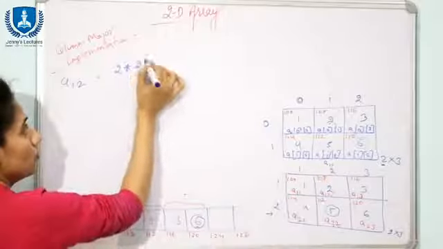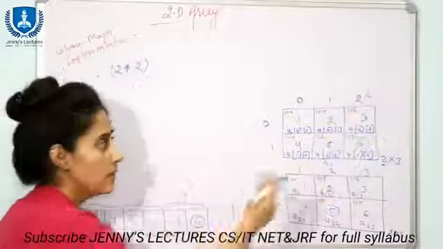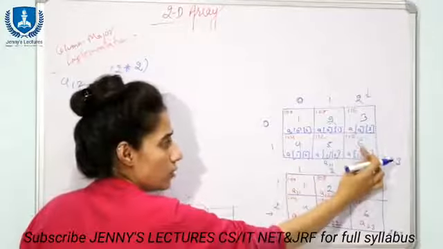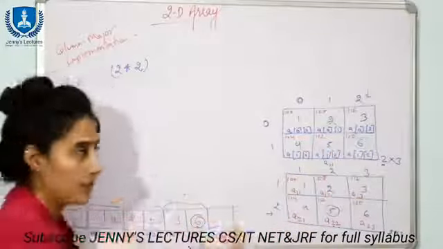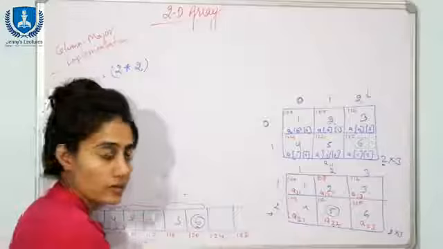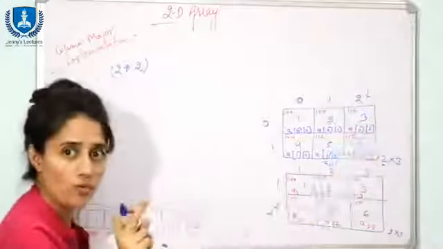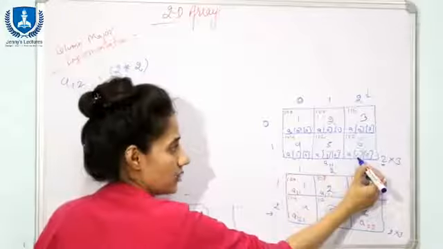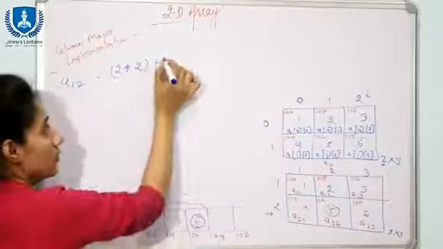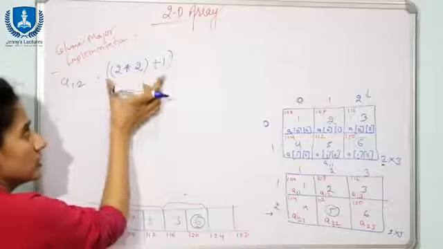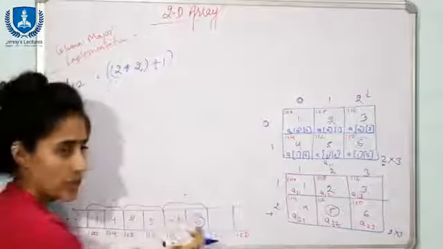2 into 2. Fine. Now you have reached this particular column, but in this column also you have to reach here. So in this column also you have to cross how many elements? This one element. Fine. To reach till this 6. Now how will you come to know that you have to cross one element with the help of this index, that is the first index, the row index. So here you will write plus 1. So these are the number of elements you have to cross to reach till 6.